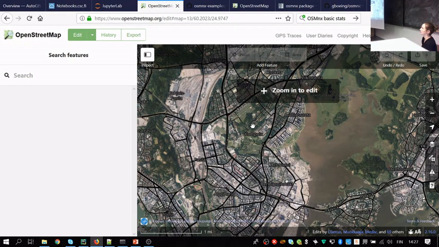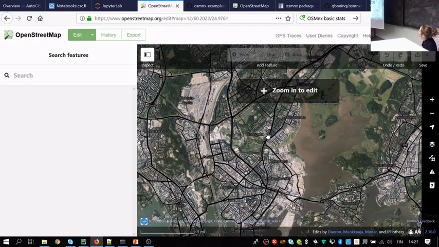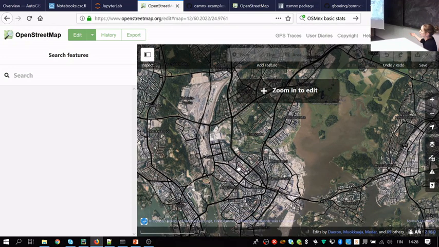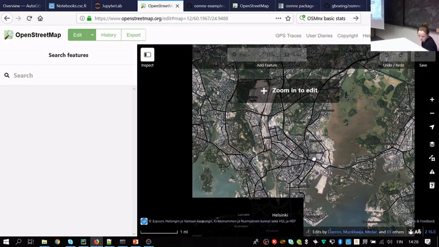What we have done in these mapathons is that there are some areas where, for example, Doctors Without Borders or Red Cross is going to do a vaccination campaign, or there has been an earthquake and there is no openly available digital data, and then people activate, go and edit roads, buildings, waterways, residential areas, and so on to OpenStreetMap,